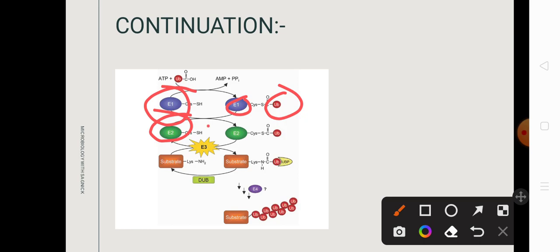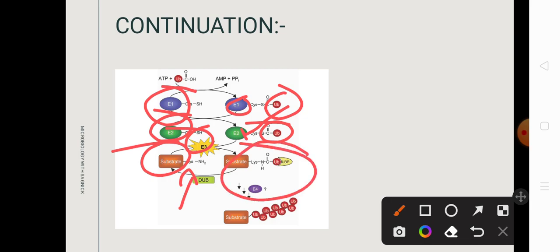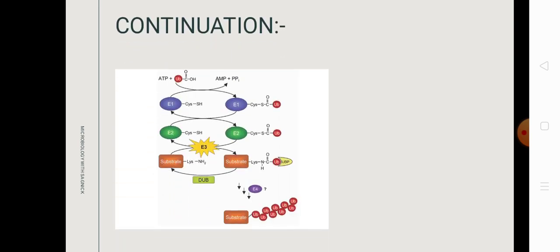Then E3 will transfer that activated ubiquitin from that E2 to the substrate, right? Substrate means here the target protein, right? In the target protein, there is a lysine residue where the ubiquitin mainly binds, right? That is the entire idea of how ubiquitination is achieved. Okay, so now